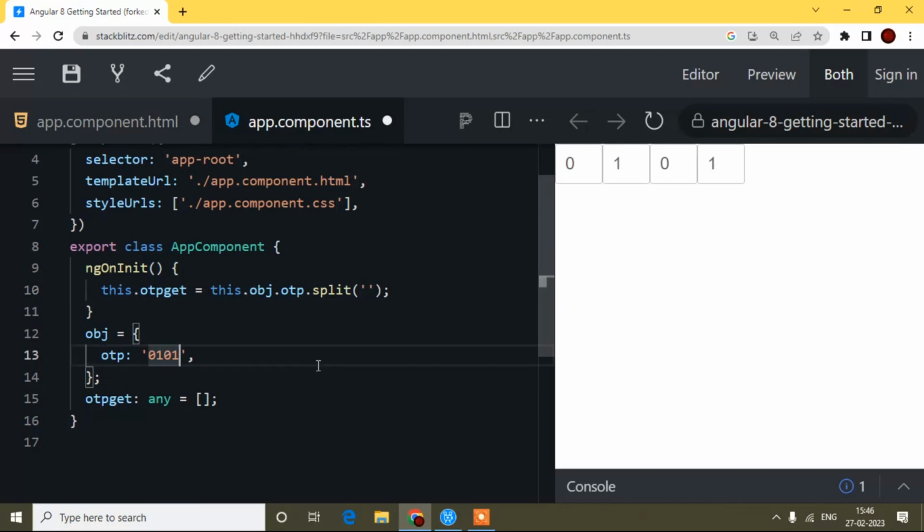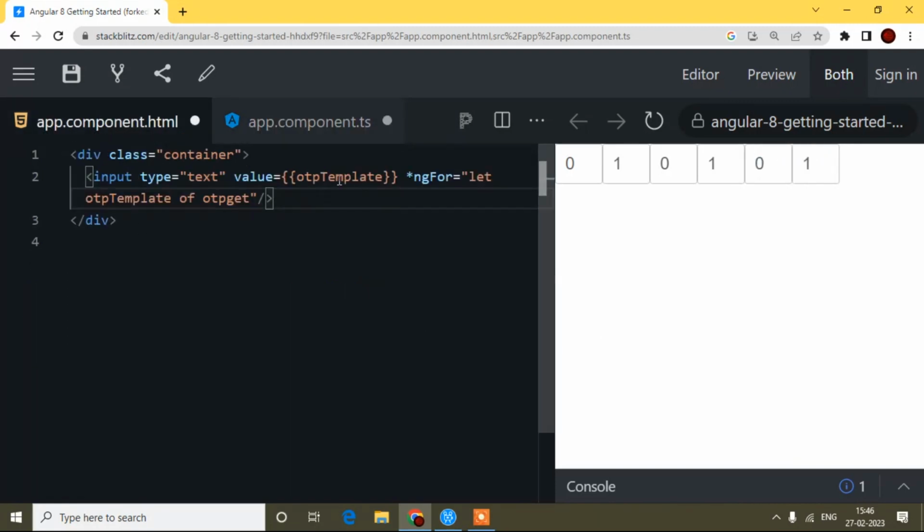Now if I change here to 6 digits, you will find 6 digit inputs will display here, because I loop this OTP thing. However many OTP digits I receive, based on that the input fields will loop and display automatically. So this is the best thing. By the way, this one I showed at login time, but on the same page you can do that also, right?